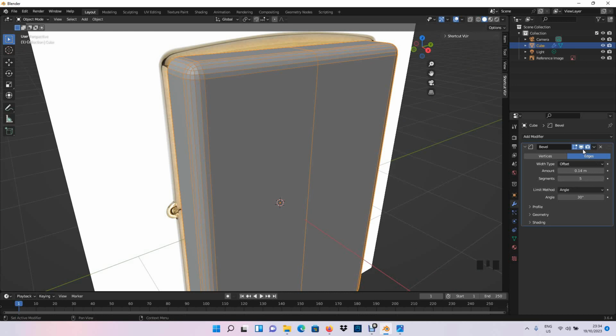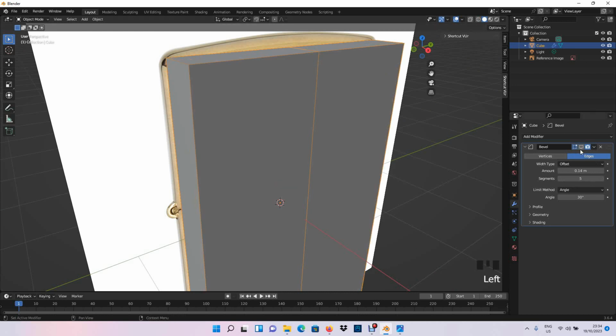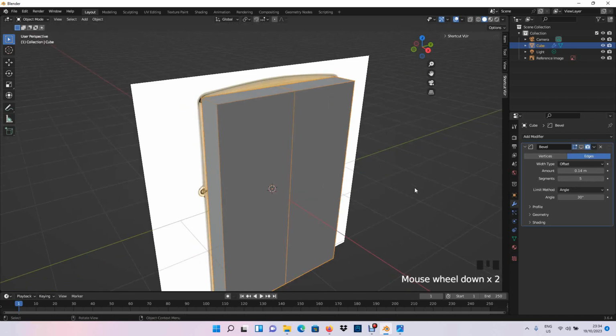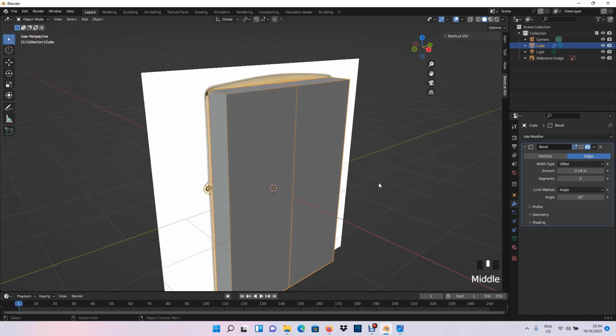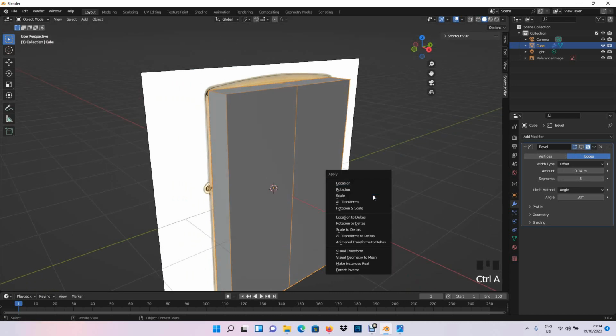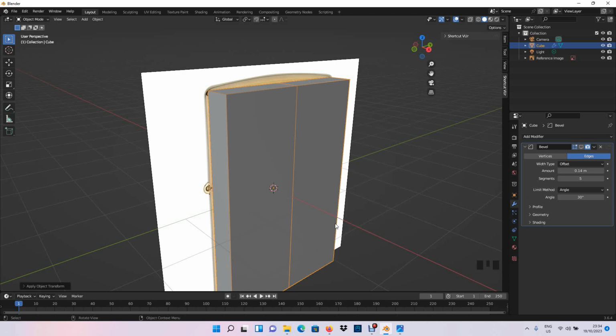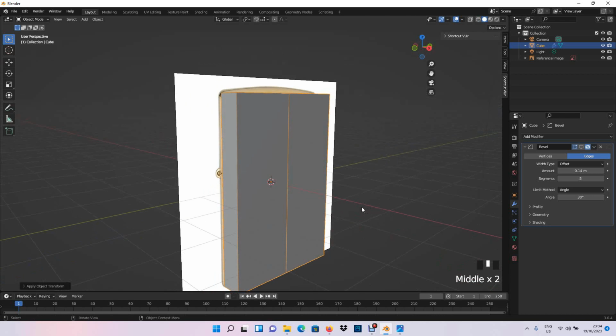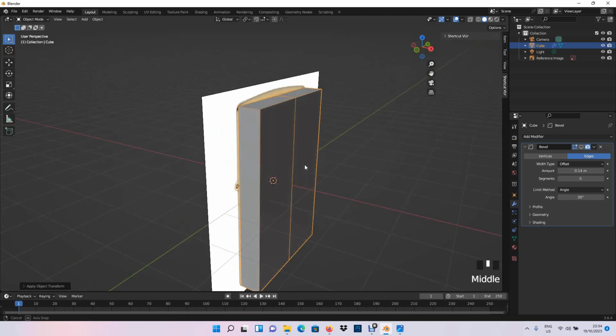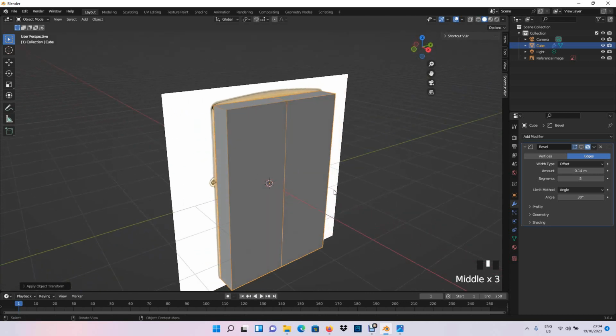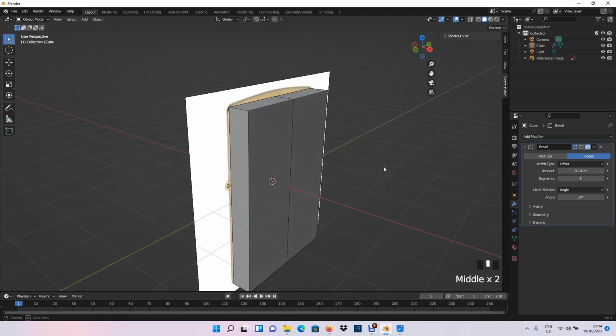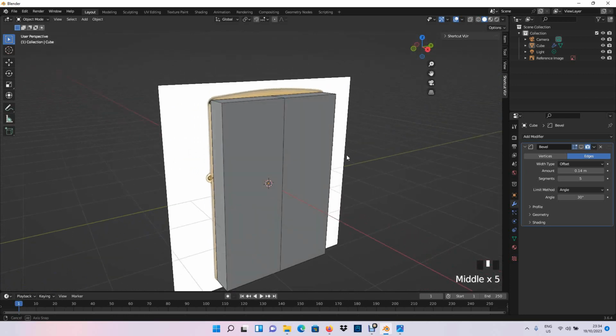Also we can disable the bevel here, click on this monitor icon, and if we press Control A, apply the rotation and scale, because once you scale or move something, you should always apply the rotation and scale with Control A. Because once you scale something, you need to reset the dimensions,